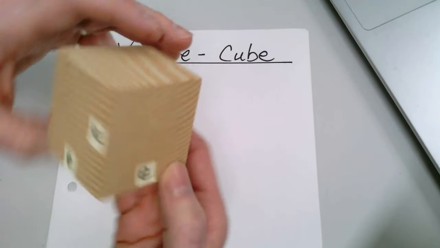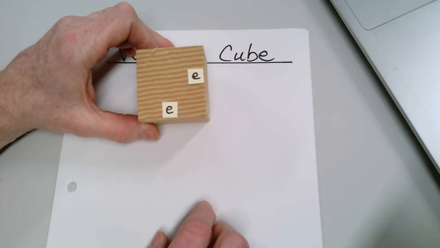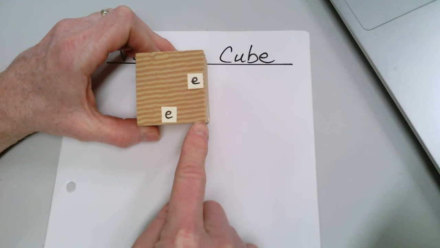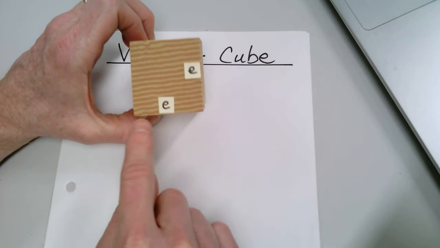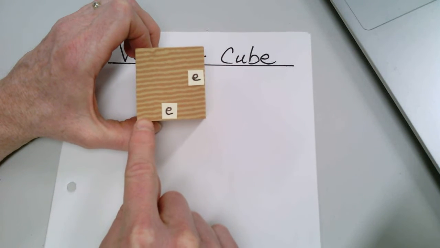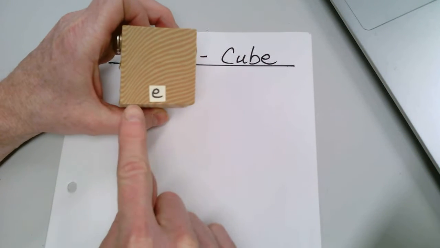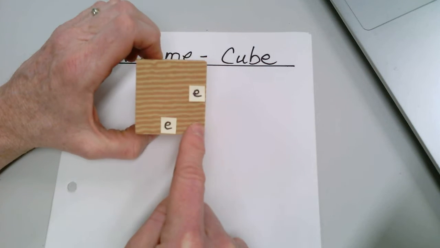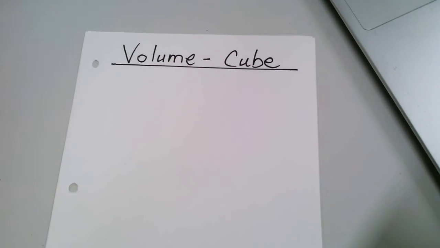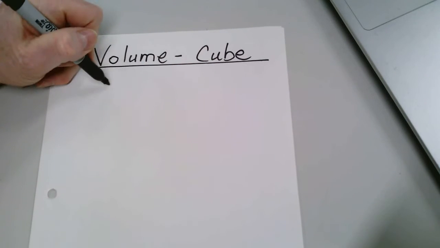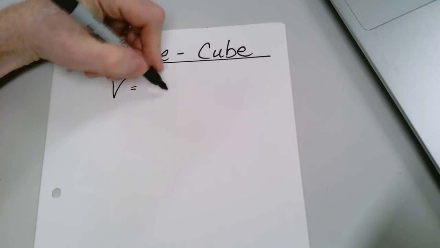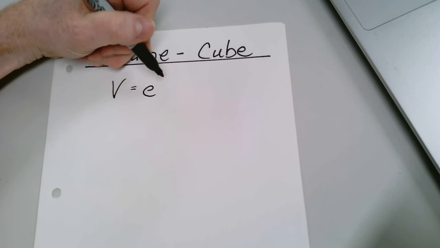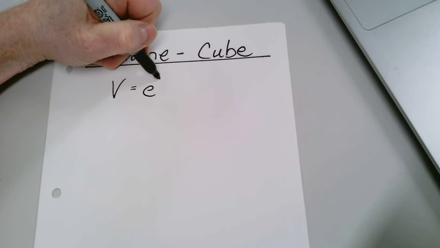So instead of calling it length times width times height, each edge is the same. So it's edge times edge times edge. So a little bit simpler to write down. So volume of a cube equals edge times edge times edge, or simply